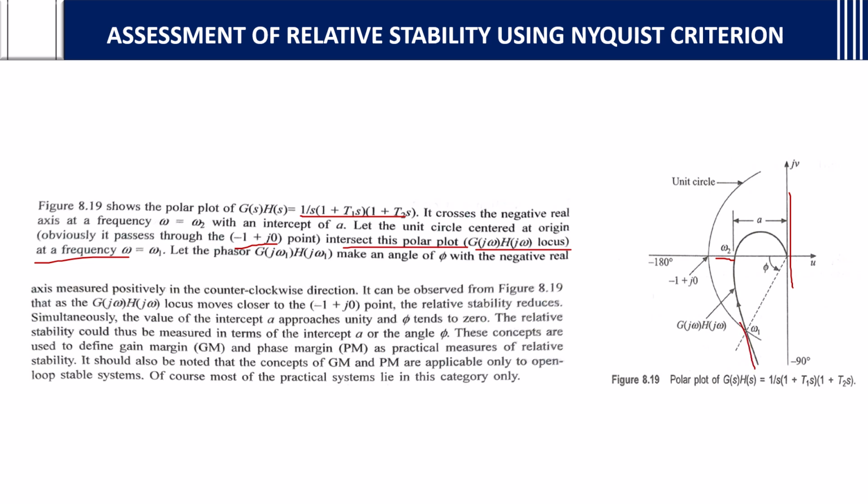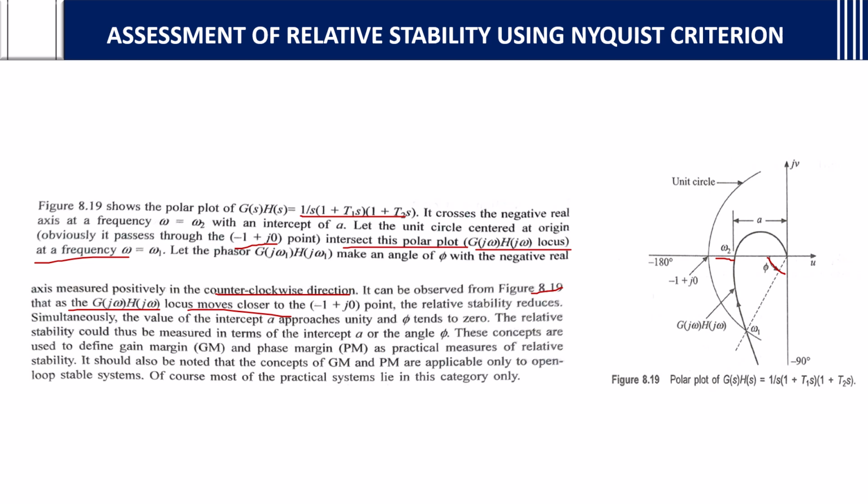Okay, this is the polar plot at frequency omega equals omega 1. Let the phasor G(j omega 1) H(j omega 1) make an angle of phi with the negative real axis, measured positively in the counterclockwise direction, which means anti-clockwise. It can be observed from the figure that the G(j omega) H(j omega) locus